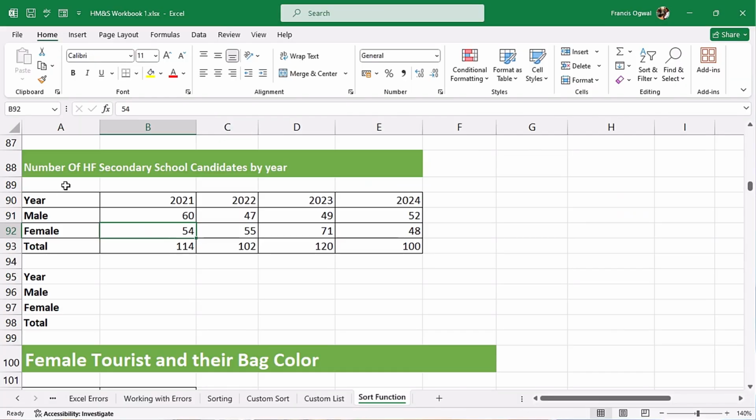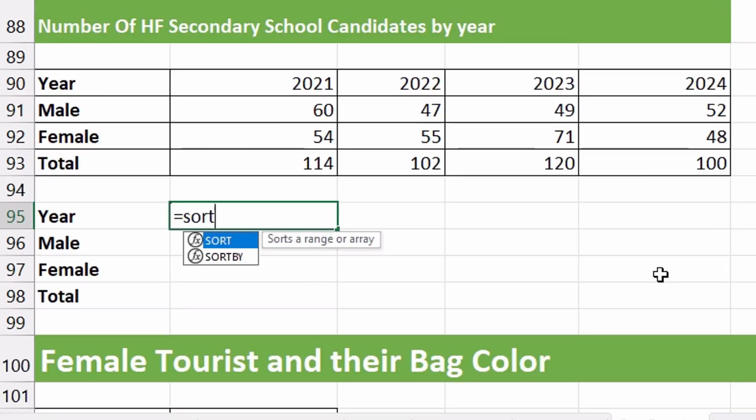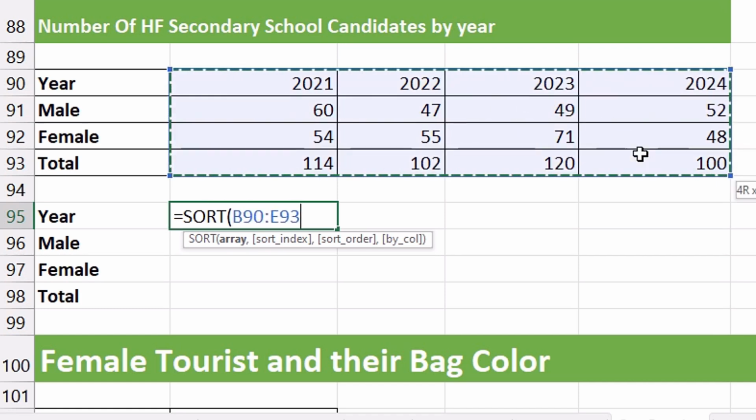The next data set is showing the number of HF secondary school candidates by year. We want to show that you can also use the sort function to sort horizontal data, like this one, or a data set horizontally, to sort from left to right. Click on this cell, equals sort, tab to select it. Now the array, you highlight the entire data set that you want to sort, excluding the table headers,